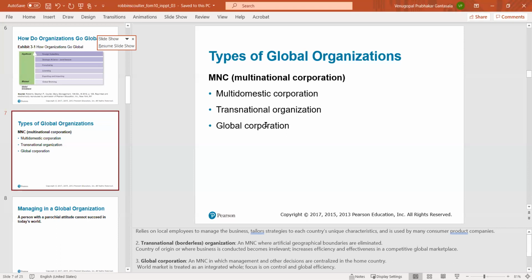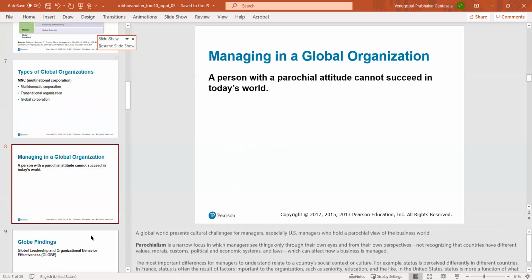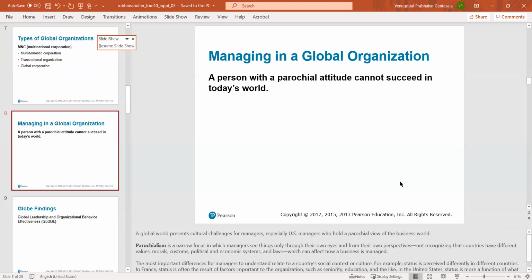The same number of megapixels, the same performance, the same durability, the same design, and everything. So these companies are those that want to realize global efficiencies. So, what is it like managing in a global organization? See, if you get a chance to work in a global company, you should never lose it,